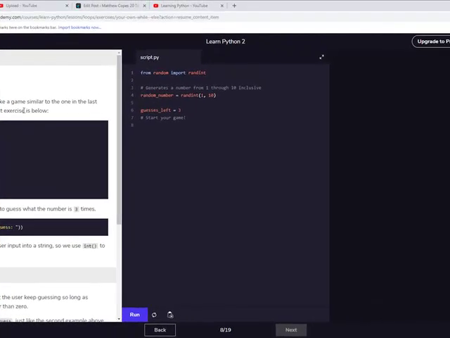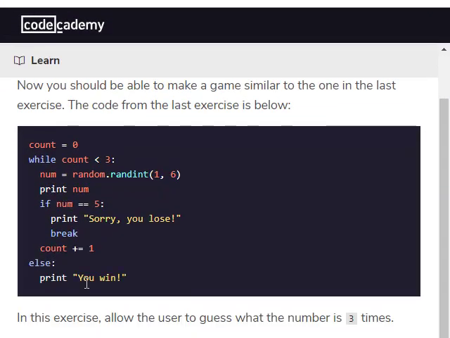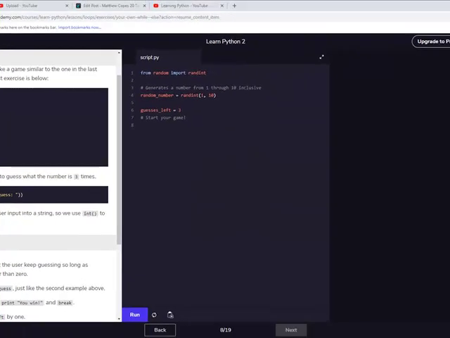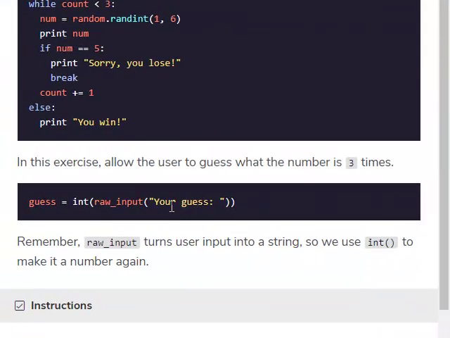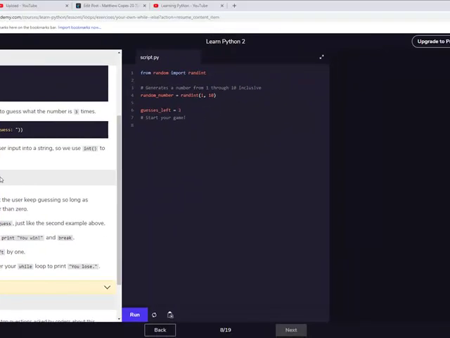Now you should be able to make a game similar to one in the last exercise. The code from the last exercise is below. This exercise allows the user to guess the number 3 times. Guess, your guess. Remember, raw input turns user input into a string, so we use integer to make it a number again. Start your game. Use a while loop to let the user keep guessing so long as guesses left is